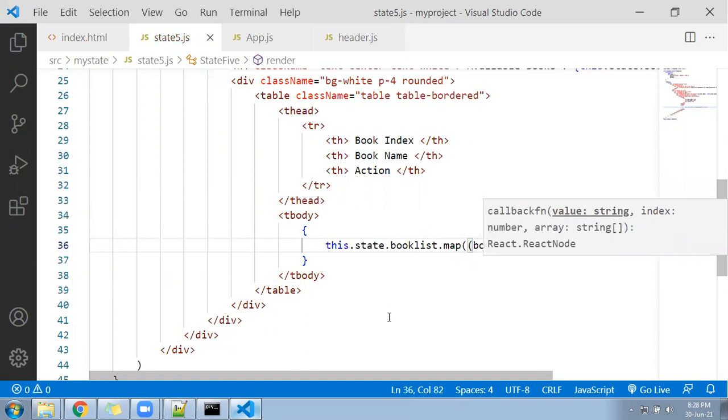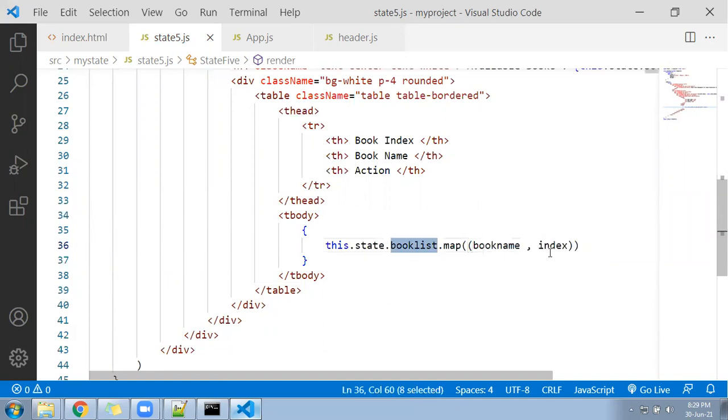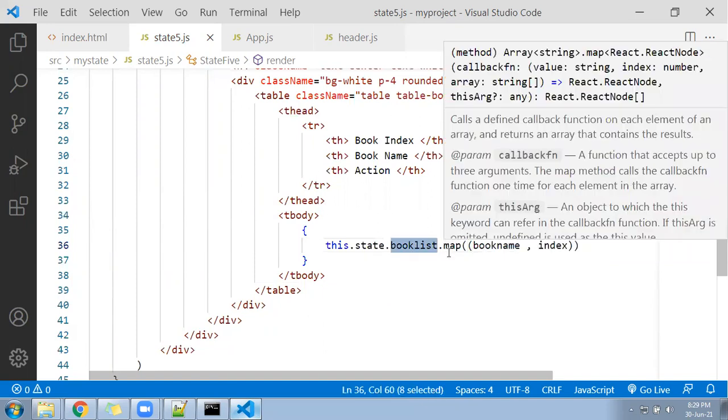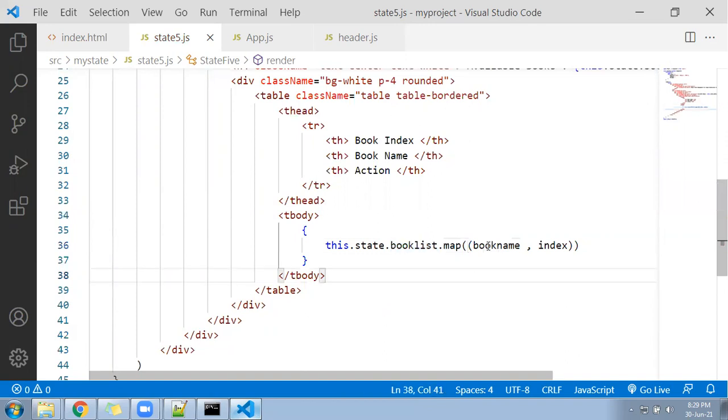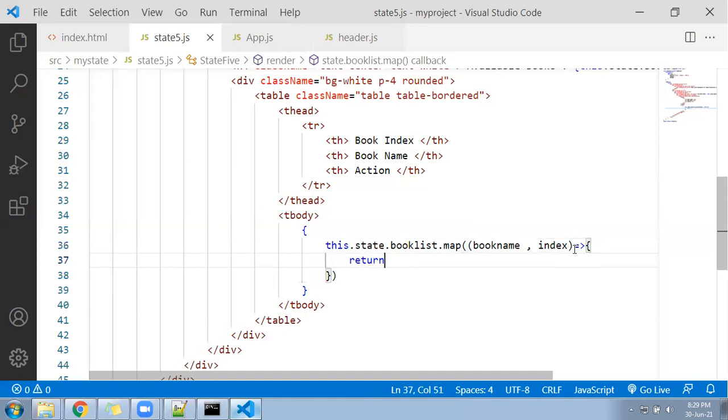So what is going to happen: the book list is a single dimensional array. So suppose I have 10 books. When the iteration starts, the first time, the first book name will come under the book name, and its position will go to the index. Second loop, the second book name will come under the book name variable, and its position will go to where? Index. Let me follow here the fat arrow method, and we have to write here return, and inside the return we have to write here